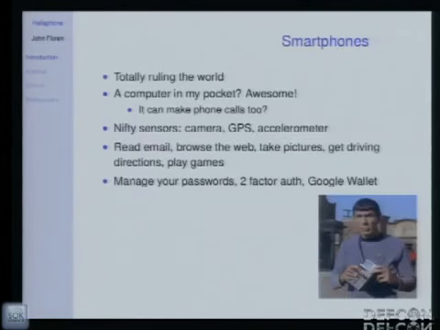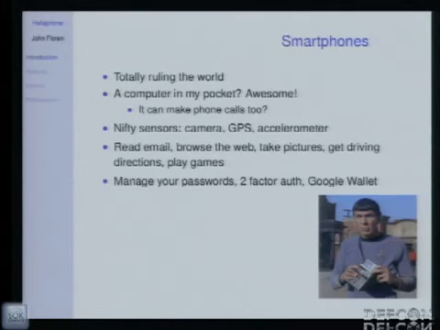So yeah, smartphones. Probably everybody here has one, or damn near. My first thought when I got one was, oh yeah, great, I've got a PC in my pocket now, and I guess it can also make phone calls. And they're sort of better than the old PDA model, which was you had a computer in your pocket, but unless you had the Wi-Fi card, you couldn't talk to the internet or anything like that. And it's got a bunch of nice sensors like the camera, the GPS, the accelerometer.